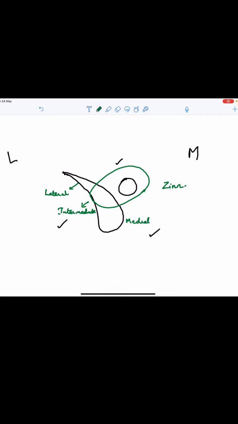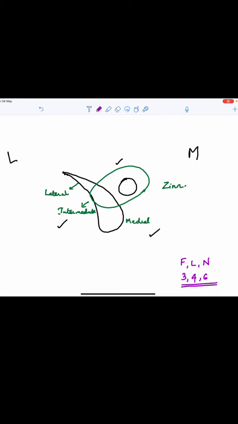Now we have certain nerves and vessels that are passing through the superior orbital fissure to reach the orbit. You have the three branches of the ophthalmic division: the frontal nerve, lacrimal nerve and nasociliary nerve. Then you have the 3, 4, 6 cranial nerves, because they are going to supply the extraocular muscles. So the third cranial nerve, the oculomotor nerve, the trochlear nerve and the abducens nerve are passing through the different parts of the superior orbital fissure into the orbit.